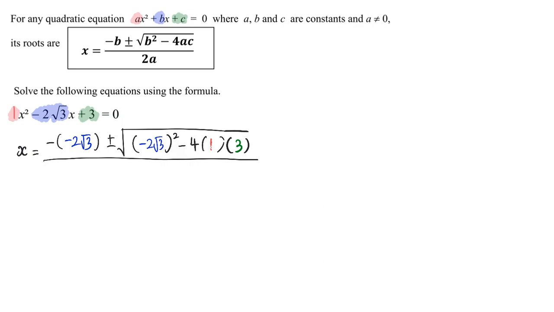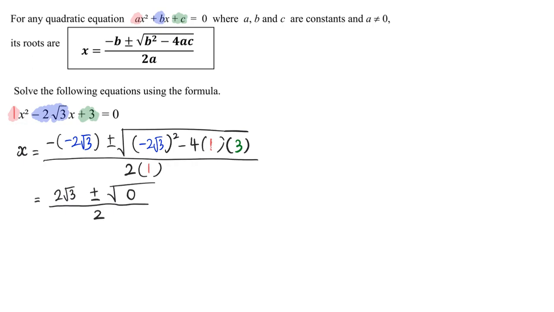And the whole thing over 2a. So I would have negative and negative will become positive. Still have to have plus or minus of the square root. In this case would be 0